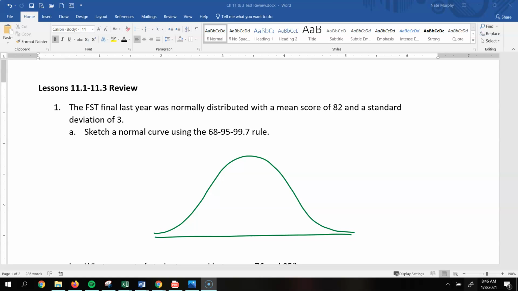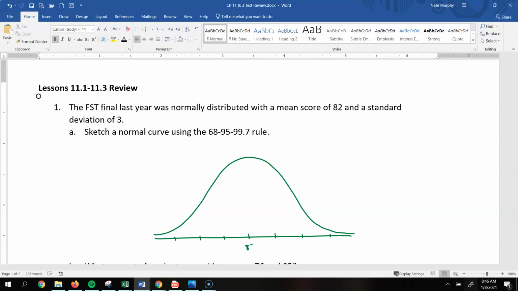Anyhow, remember that before we learned how to convert things into their z-scores, we created this normal curve, and we always have in the middle whatever the mean is. So the mean is 82. Then the standard deviation tells us what scale to use. The standard deviation is 3, so we're going to count by 3s. So this will be 85, 88, and 91. If we go to the left of 82, we would subtract 3. So we'd have 79,